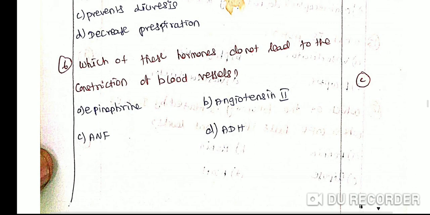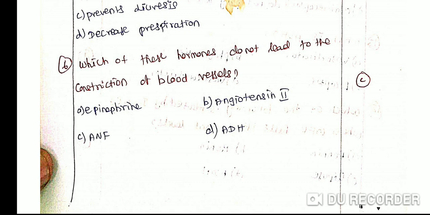Next question: which of the hormones do not lead to the constriction of blood vessels? Option A, epinephrine. Option B, angiotensin 2. Option C, ANF. Option D, ADH. The correct answer is option C, ANF,